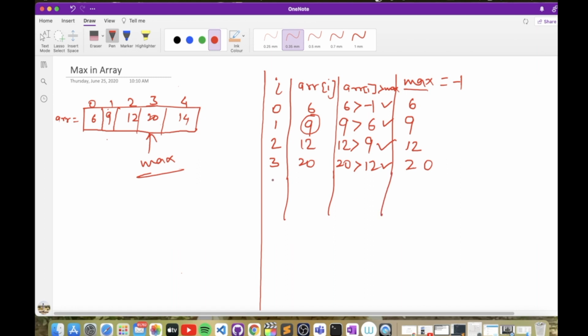Now we will move to the next element. For index 4 we have element 14, and our max is 20. Is 14 greater than 20? No, correct. So we will not update the max.